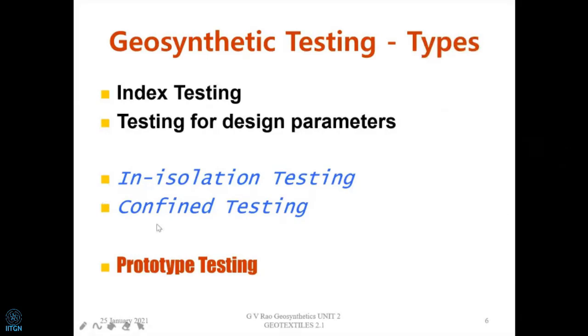So in some instances, confined testing is going to be very important. Now, for example, confinement may not be necessary in finding out the strength, because the strength is so high that confining in soil may not be necessary in this case. Finally, whenever we evolve a kind of mechanism, whenever we evolve a design philosophy, we will conduct actual tests.